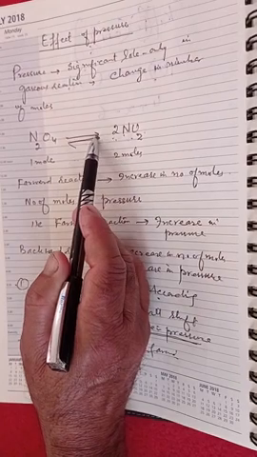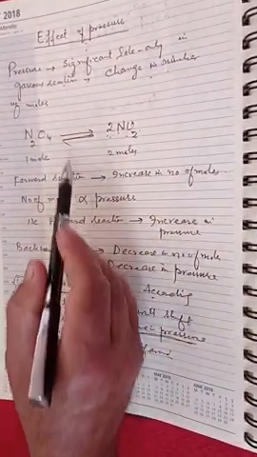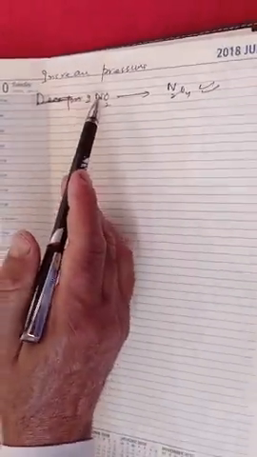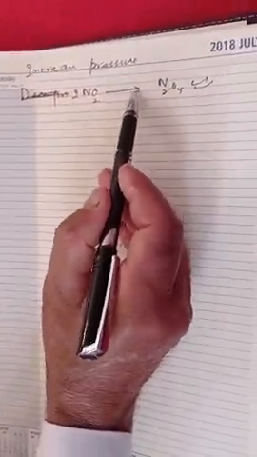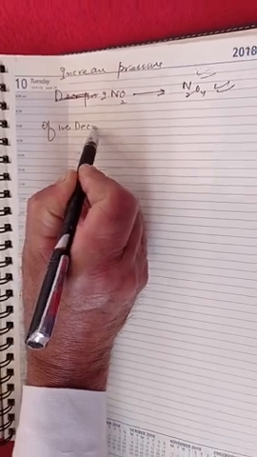So decrease in pressure takes place in the backward direction. So increase of pressure favors the backward reaction. This reaction takes place. Now, if we decrease the pressure,